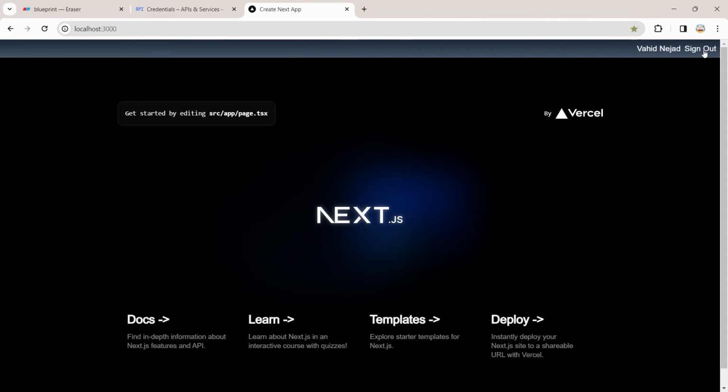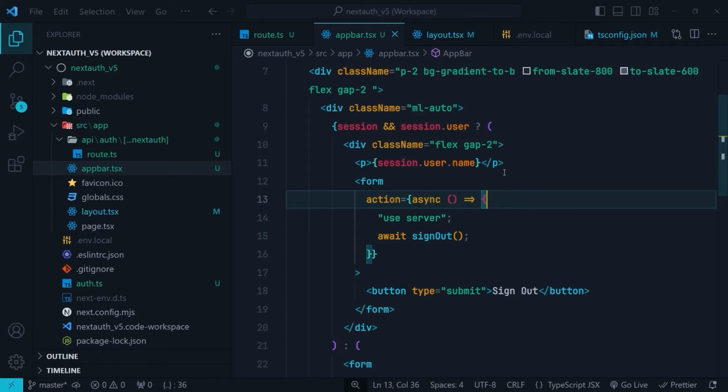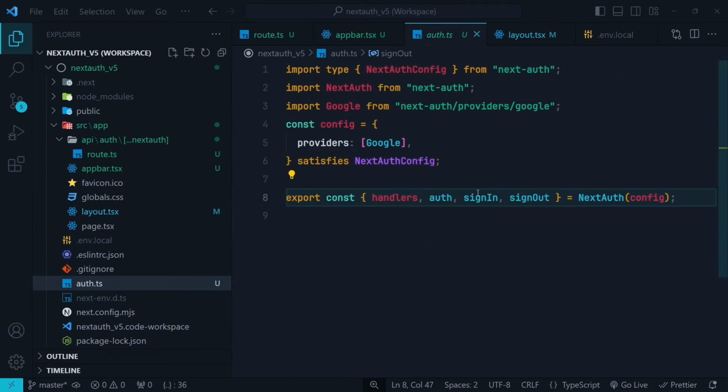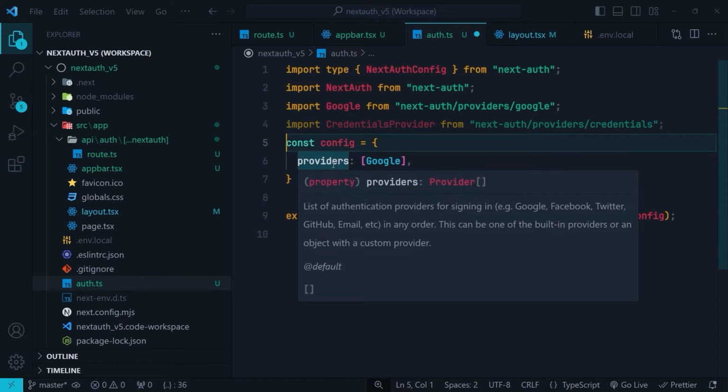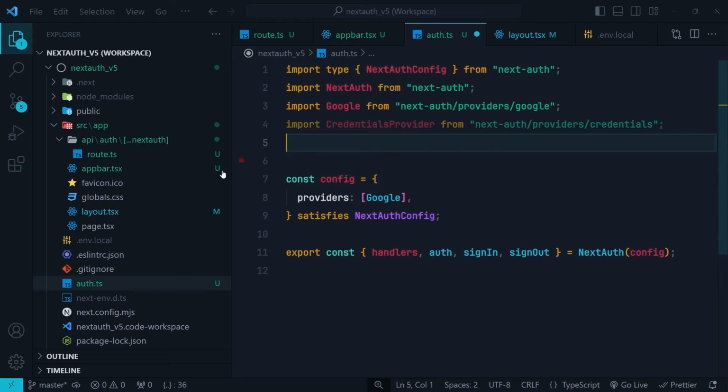Now let's configure the credentials provider in Next.Auth version 5. Let's go to the Auth.js file, and inside this file, first we need to import the credentials provider from Next.Auth/providers/credentials. Then before the config object, I'm going to create another config object and name it credentials